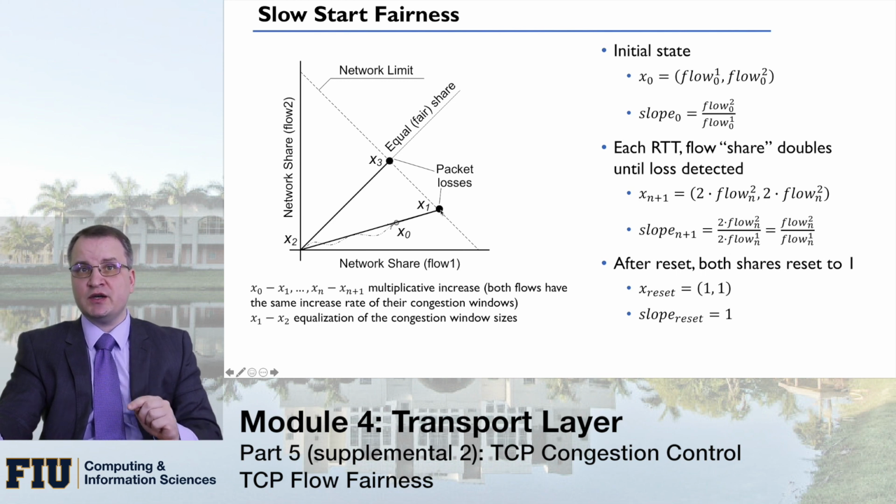So eventually they will be at some stage here, and they will detect losses, and they will go to effective one. Effectively, this will be the point of synchronization, and at this stage they will start increasing along the equal fair share line, and they will effectively at some point get to this fair point, or overshoot the fair point, detect losses, go back, increase, go back, and so forth. So that would be the basic approach of slow start.